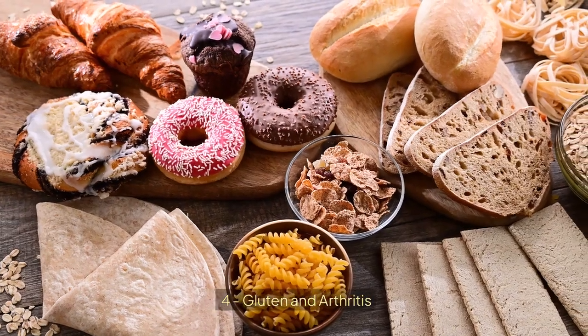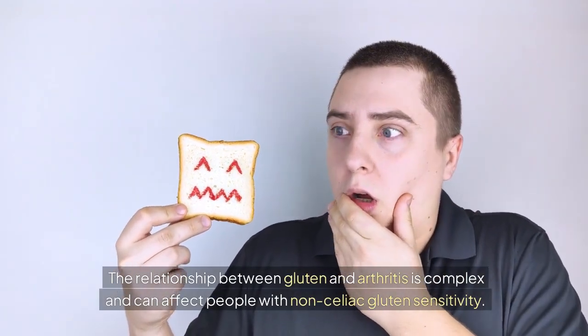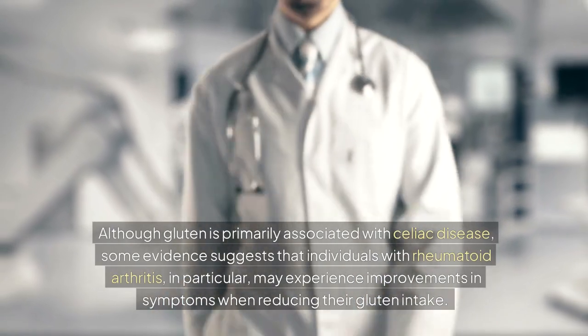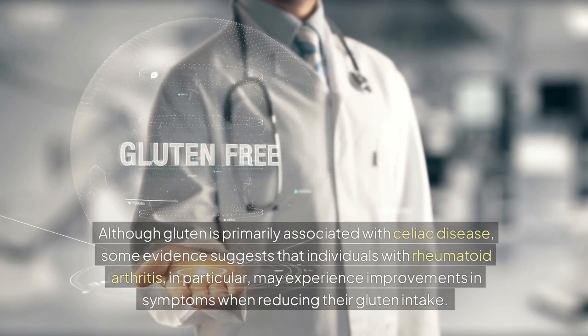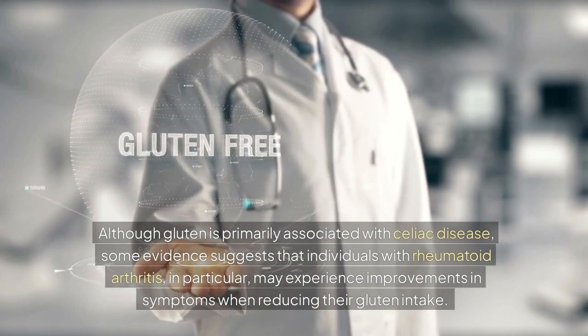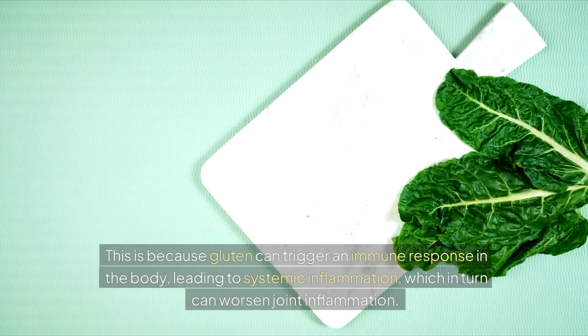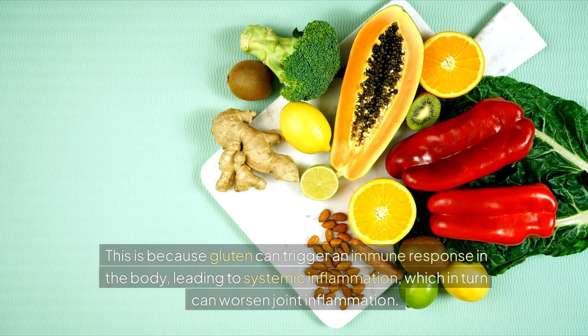4. Gluten and arthritis. The relationship between gluten and arthritis is complex and can affect people with non-celiac gluten sensitivity. Although gluten is primarily associated with celiac disease, some evidence suggests that individuals with rheumatoid arthritis, in particular, may experience improvements in symptoms when reducing their gluten intake. This is because gluten can trigger an immune response in the body, leading to systemic inflammation, which in turn can